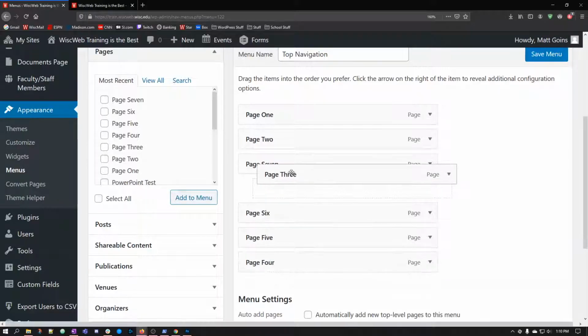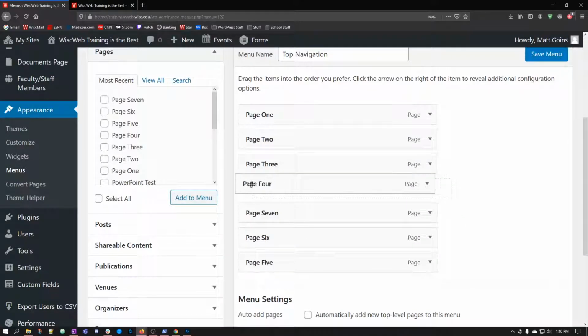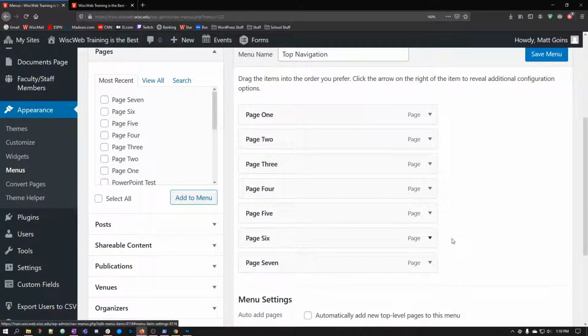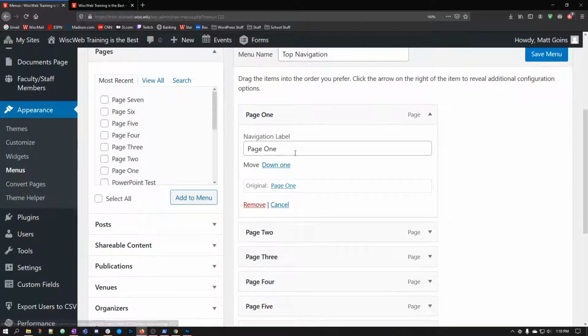So because I am a completionist, I'm going to move these into the correct order from 1 down to 7. You can also click on the little drop down here to the right and you can change the label. So the label is the visual value that a person will see when they land on this page. Labeling is text, and again, we'll touch on SEO in a little bit, but this is something that a crawler would consume. So think about your labeling because in some cases,